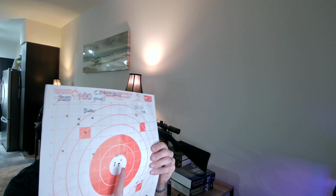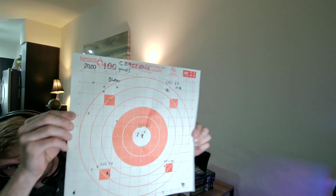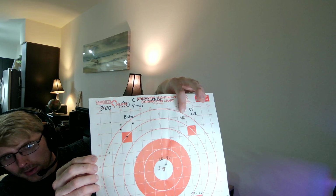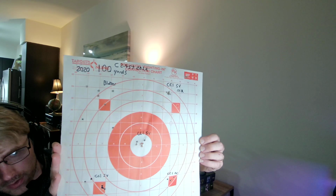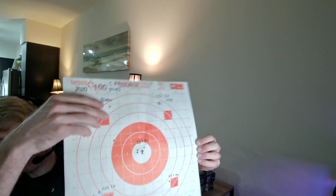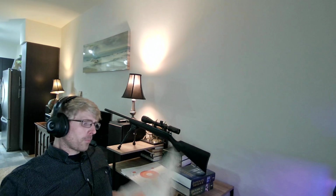But this gun right here is very capable of printing groups just like this, and this is 100 yards. Let me just say that it's 100 yards. I'm not making this up. That's one of the best groups I've ever shot in my life, possibly the best group, and it was with a 22 rifle. And you see that's CCI standard velocity, but see the Blazer, it's cheaper. It opens up. And the thing is, Blazer probably breaks the sound barrier, but this